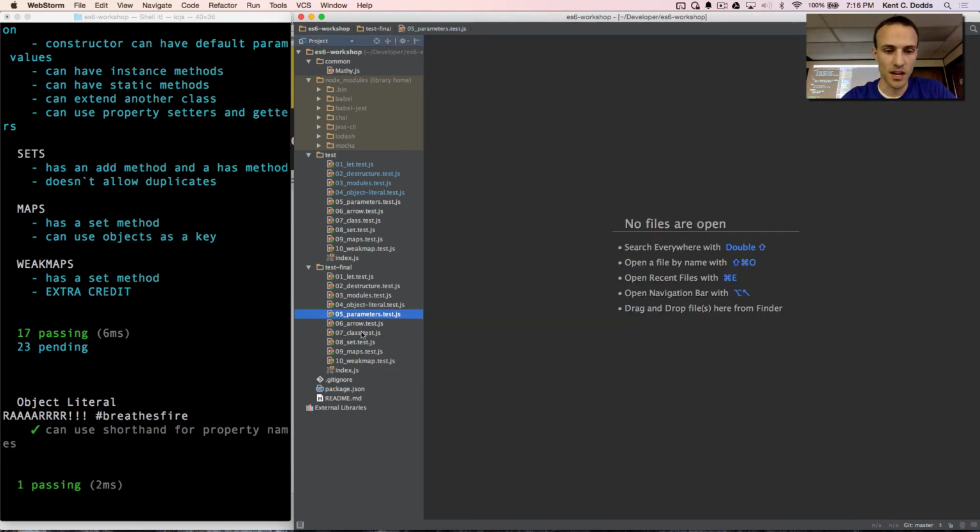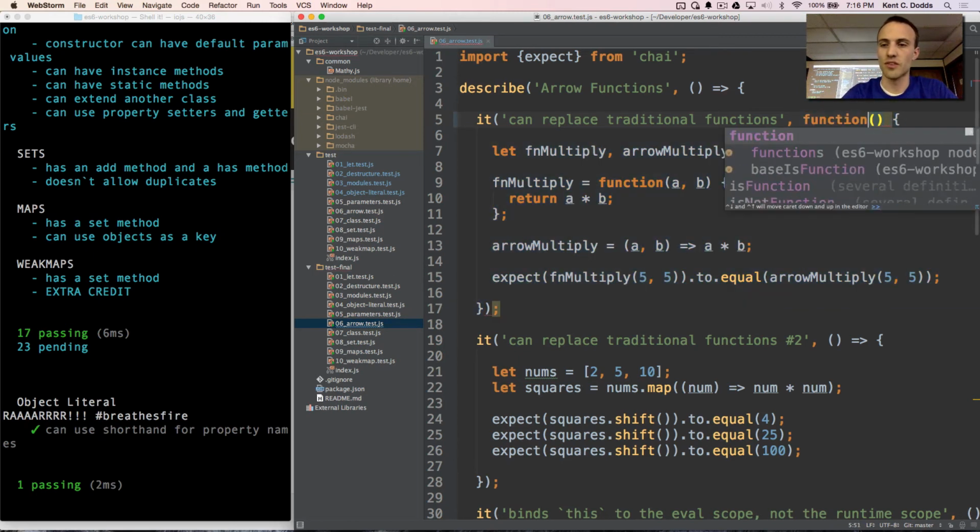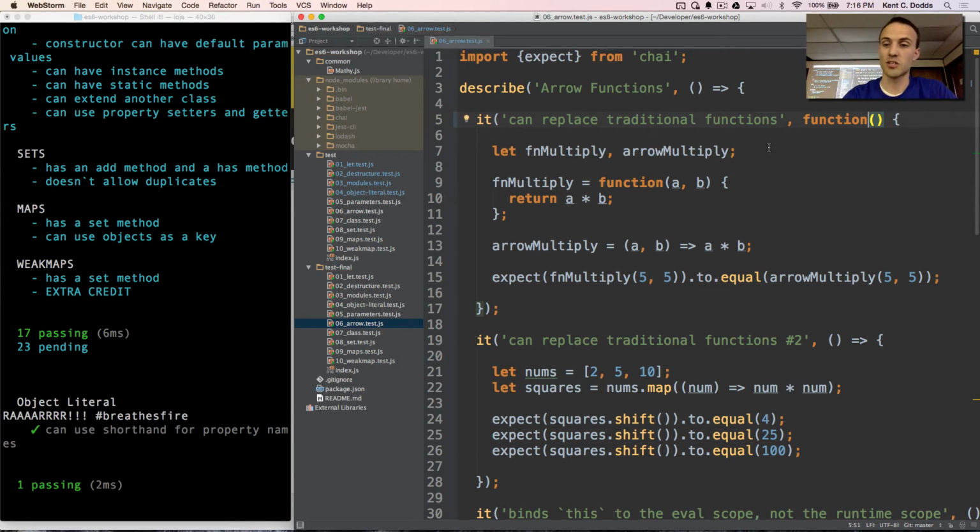Wow, time. Arrow functions are cool. So you may or may not have noticed all of the tests are using arrow functions. In ES6, this would be written with function, but apparently that's too much to type. It's actually much more than just the fact that it's too much to type. It also lets you do single line expressions. So if you put an arrow function on a single line that doesn't have open and close curly braces, then it will execute the statement and return it for you.